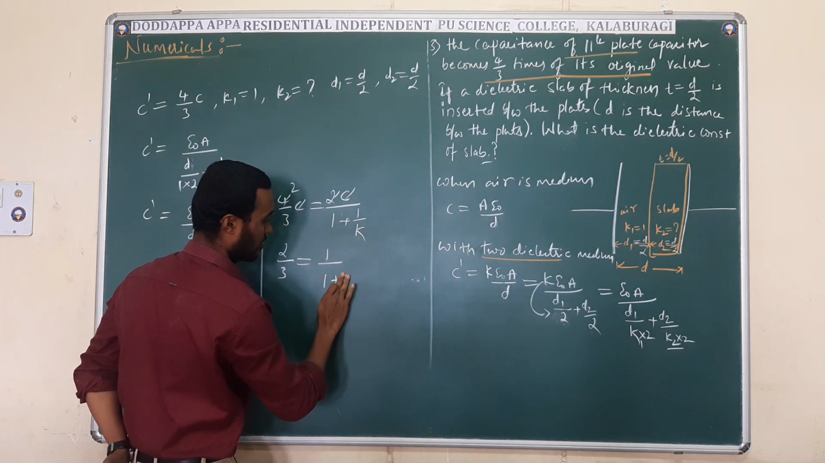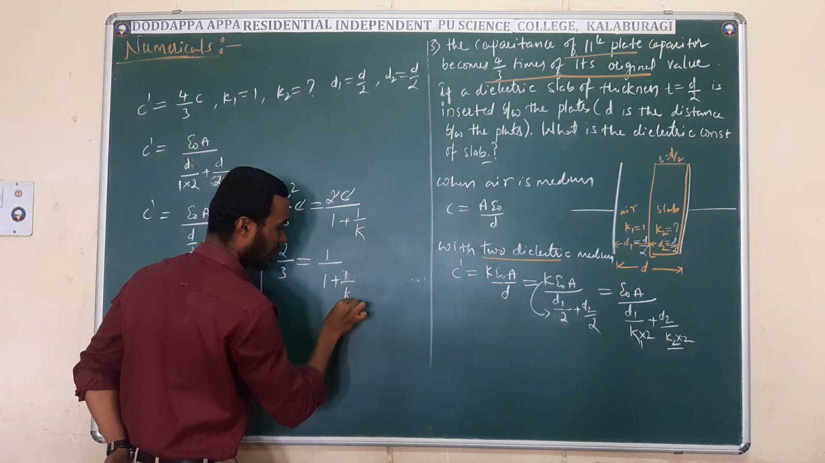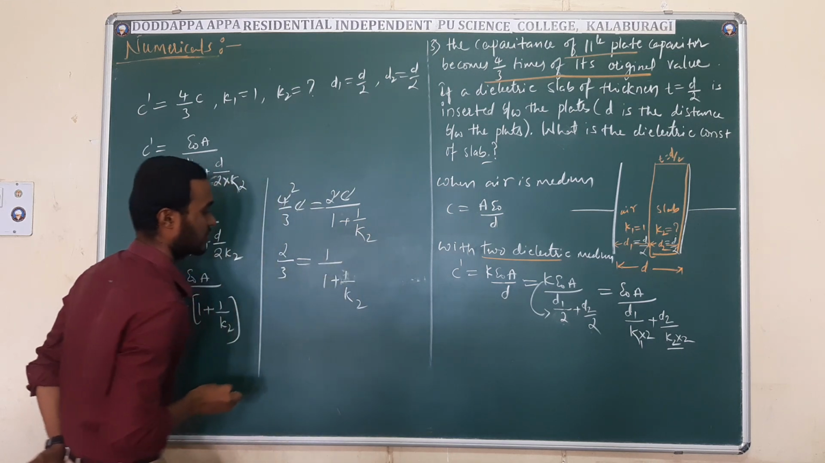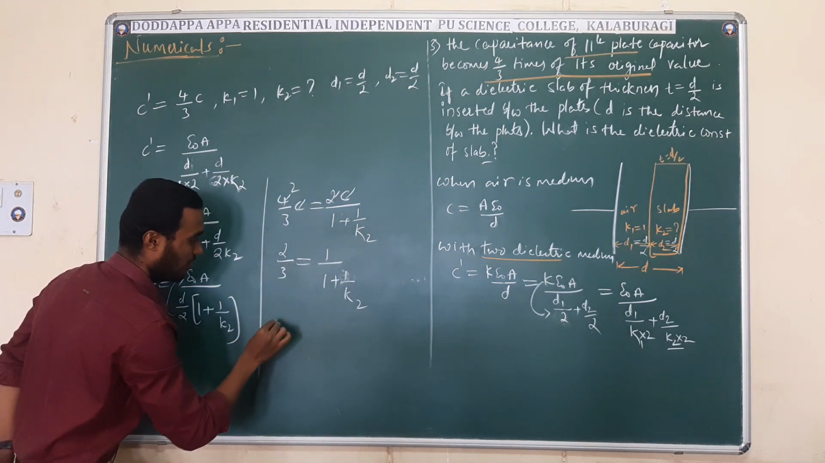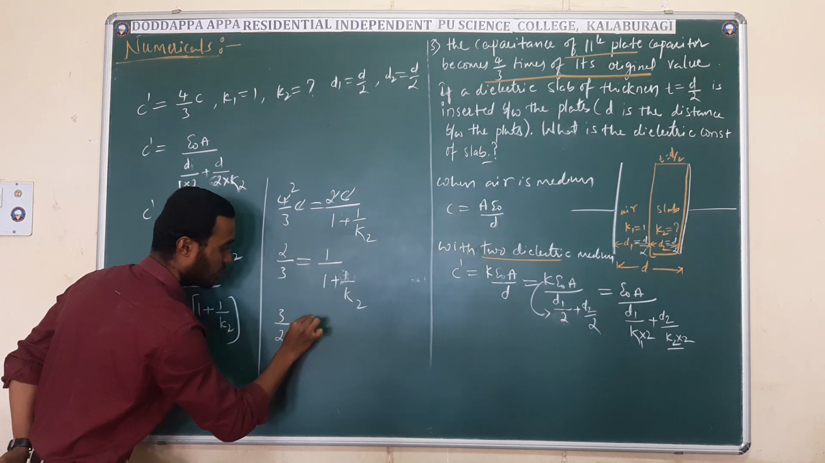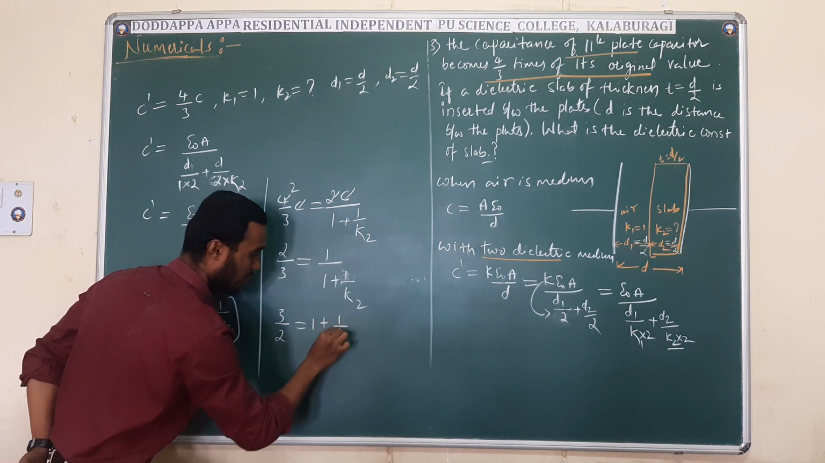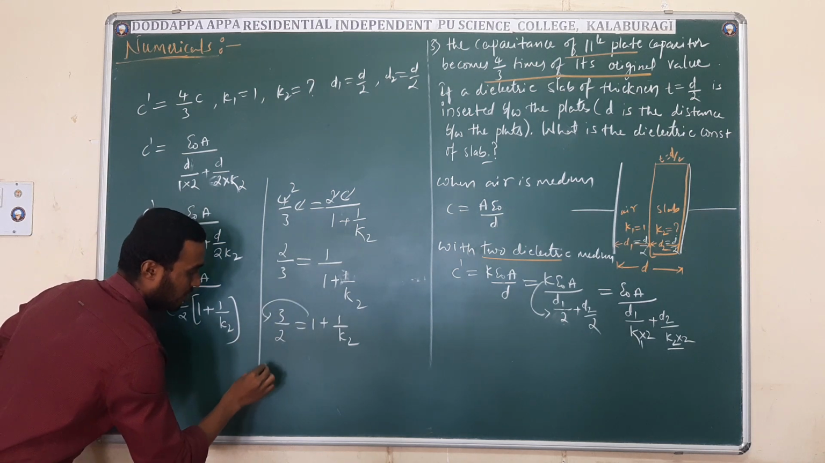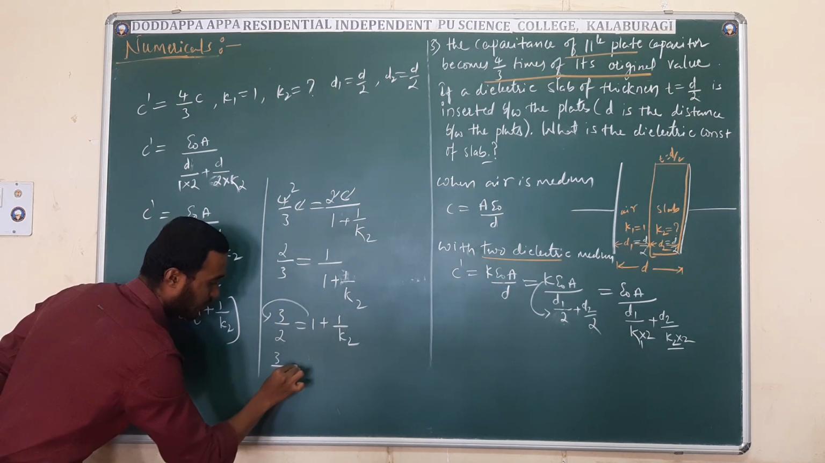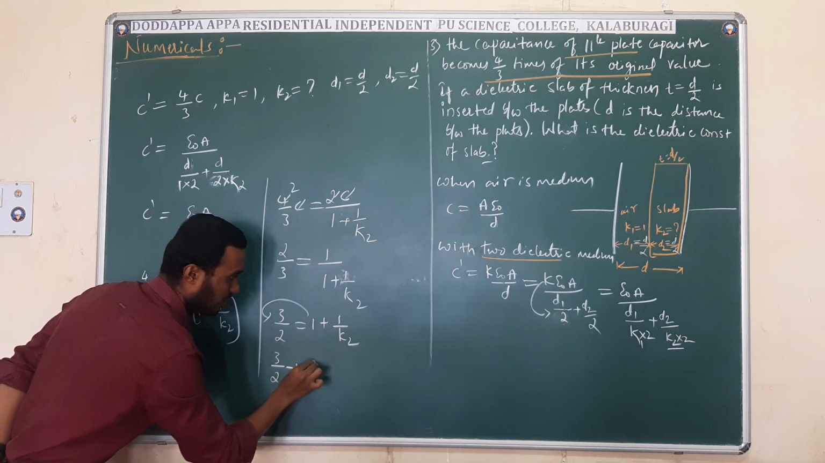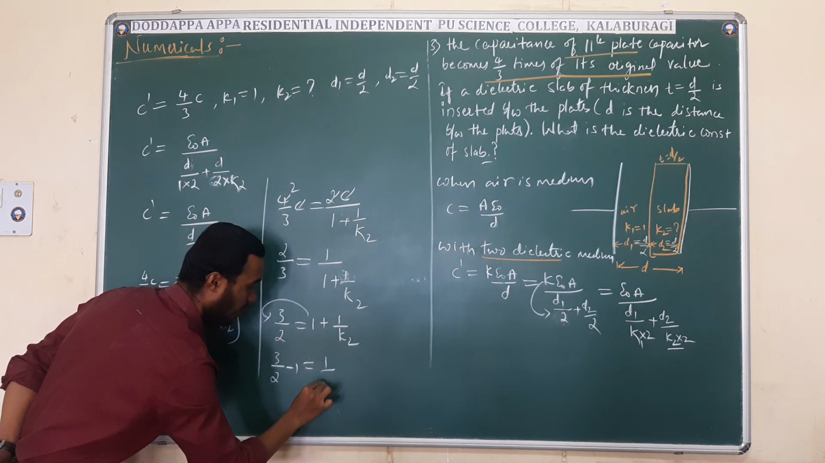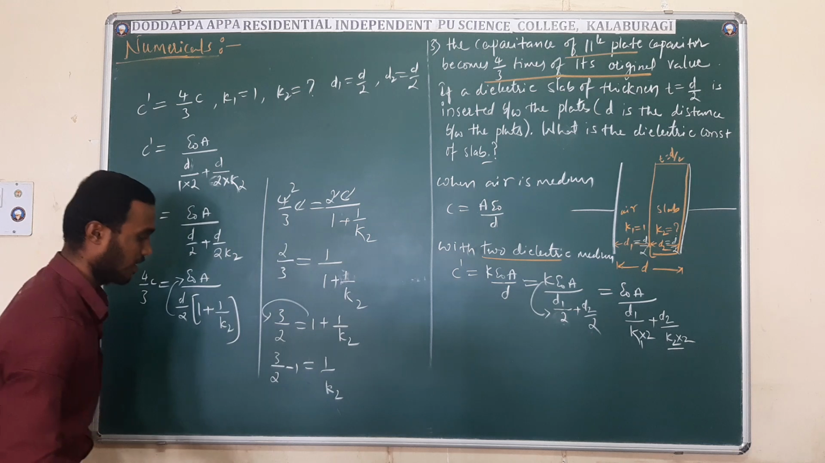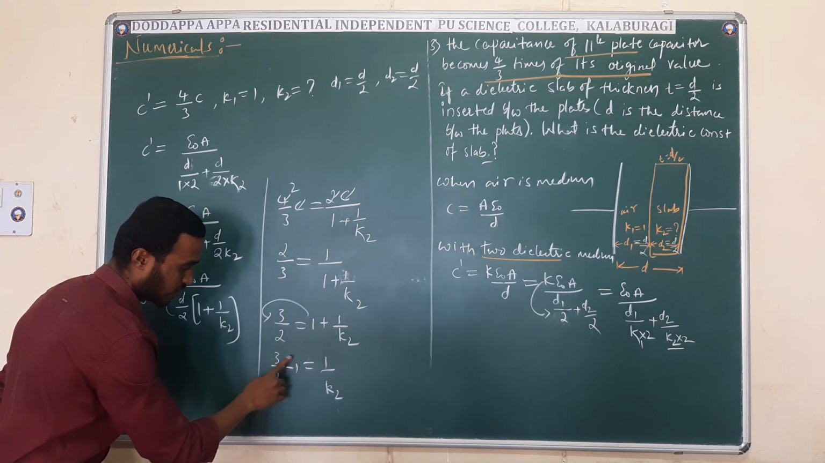Take the reciprocal: 3 by 2 is equal to 1 plus 1 by K2. Send this 1 here, so 3 by 2 minus 1 is equal to 1 by K2. 2 ones are 2, 3 minus 2